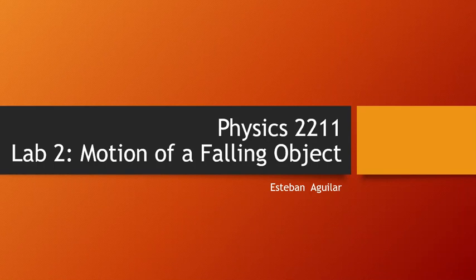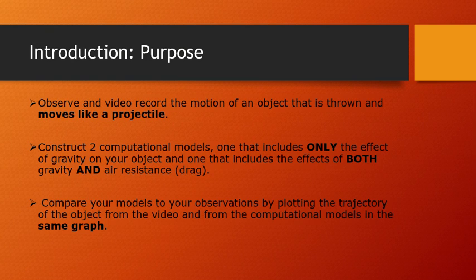Hello, this is my Physics 2211 Lab 2, Motion of a Falling Object. The purpose of this lab is to observe the motion of an object moving like a projectile. I will be constructing two computational models, one that includes only the effect of gravity and one with effects of gravity and air resistance. Finally, I will compare the models to my observations by plotting their trajectories in the same